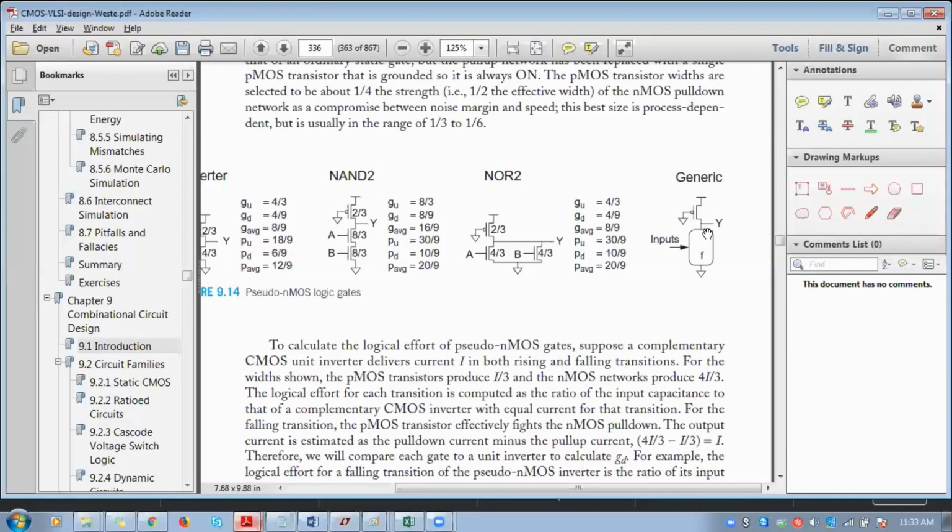So at that time, if we choose the strength of this PMOS to be very less, it can provide high resistance when both are on. Current will always choose the low resistance path. So when we give a high resistance path through this PMOS, the output won't be directly connected to VDD at that time. It will choose only the low resistance path through the NMOS network. So whenever NMOS is on, the output will be directly connected to ground only. So that's why we choose the strength of the PMOS to be 1/4 of your NMOS.